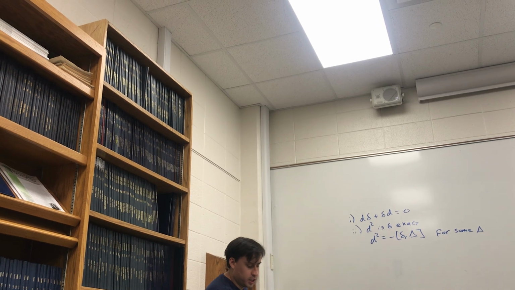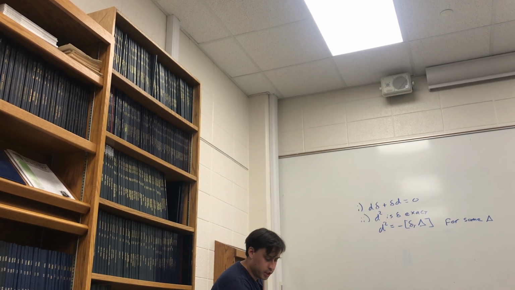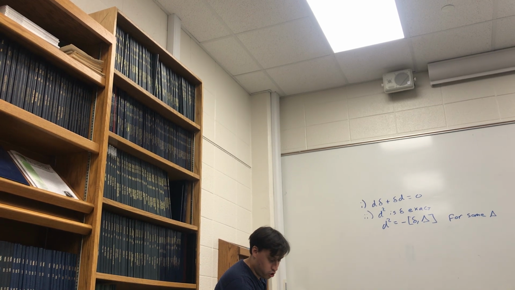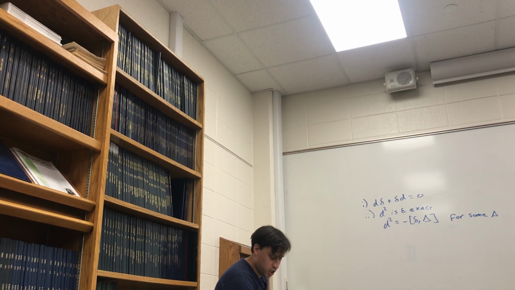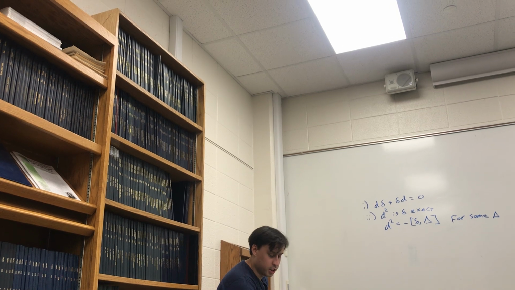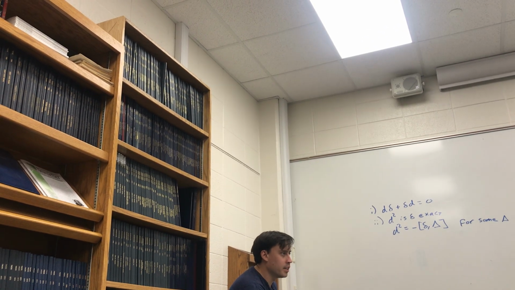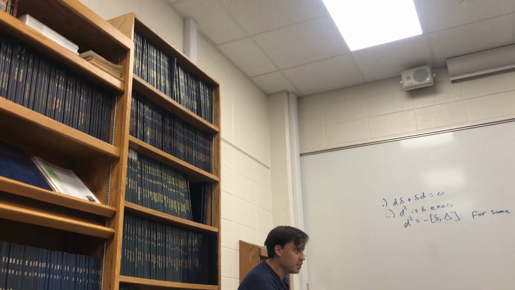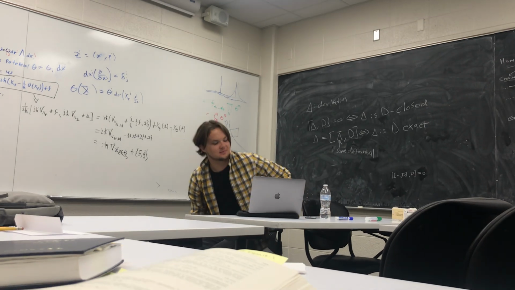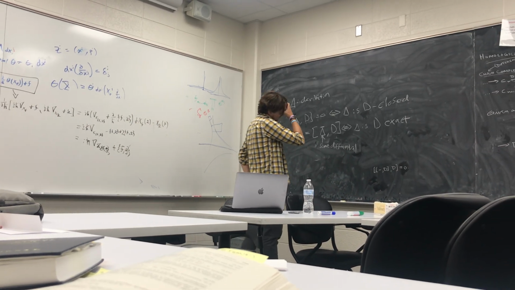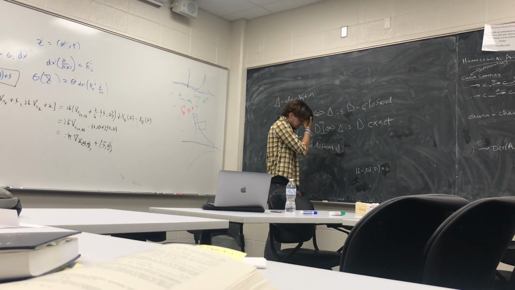So the first condition implies that d induces a derivation in H sub star, so the homology of delta. This derivation is still denoted by d. So the idea is we're modding out by delta or something? So what we're trying to do here with